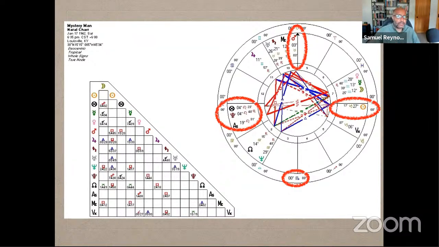Now, what also stands out, and why I even have this Mars singled out, is that Mars has a very near, tight square with Pluto. This X, it's not for the X-Men. This is for the Lot of Fortune. I'm not going to cover that right now. It's not a planet, it's a calculated point.